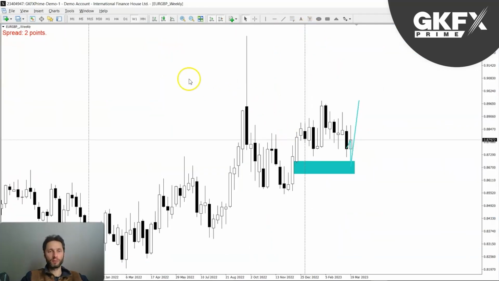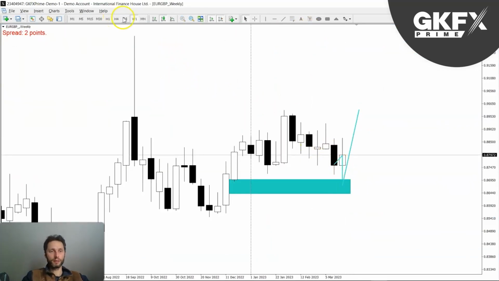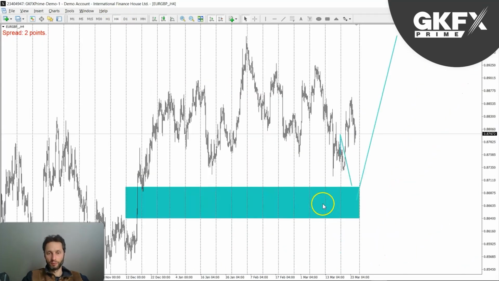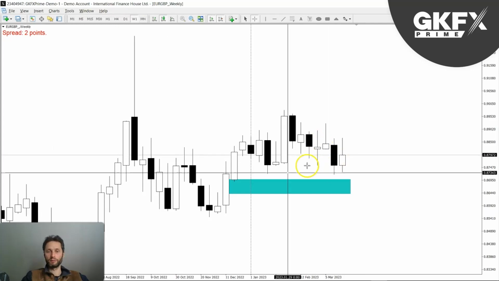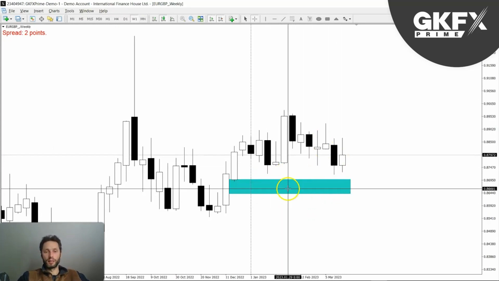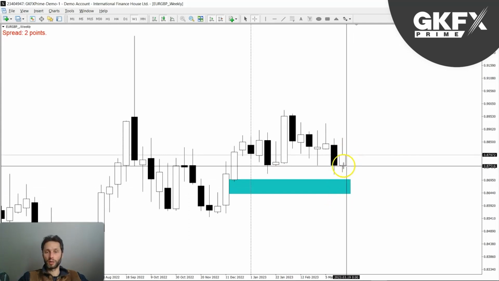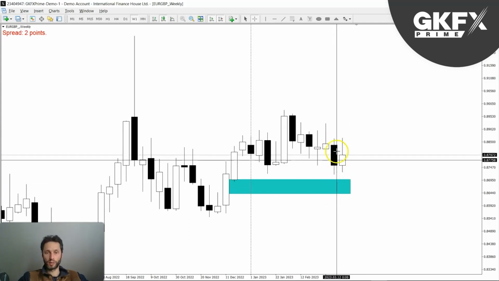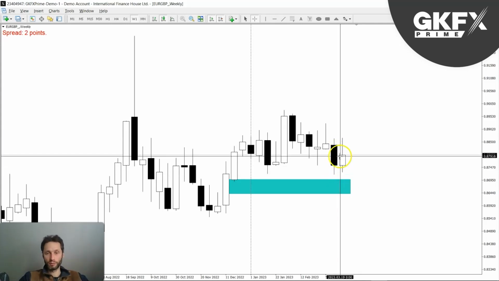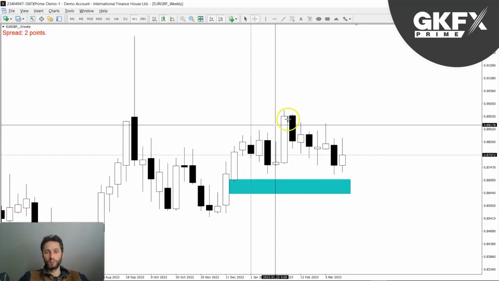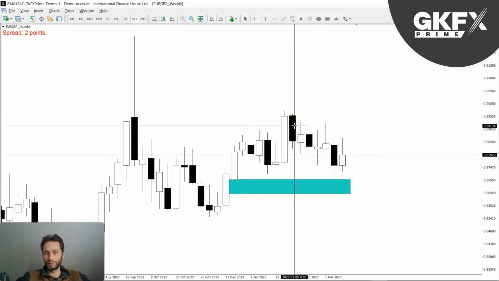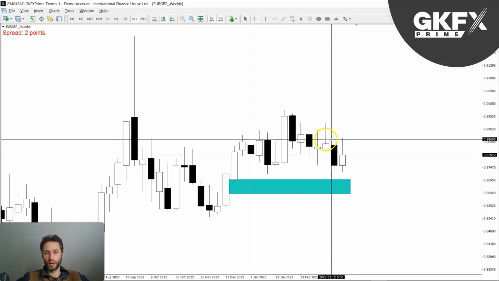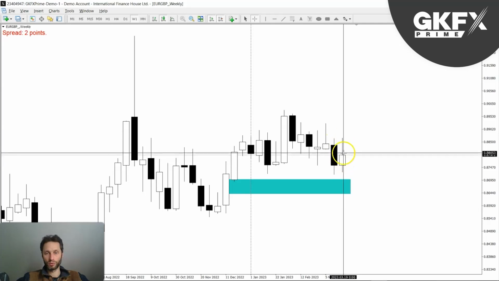Start with the Euro Pound, the bigger one, and what we can see here is, let me just remove these. We had this idea last time, but the market just went higher up, so let's just delete that for the moment. Let's look at it fresh. Looking at it again, we can see that this area right here that I anticipated the market to reach into did not happen, and after this week closed bearish, I expected some more bearish price action, more downside coming into this area, with this whole retracement slash range, sideways action, whatever you want to call it, doesn't matter. But instead, we actually took the high of the previous week.